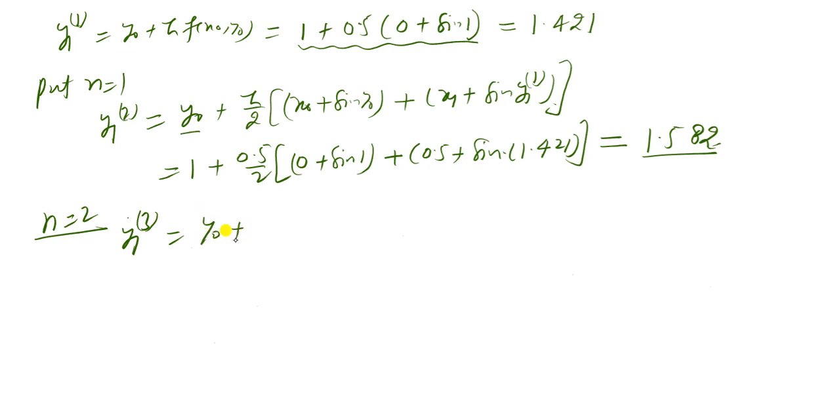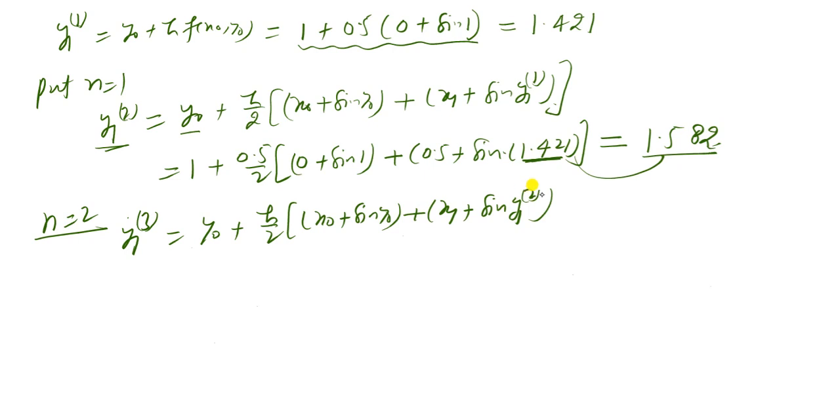naught plus h upon 2 x naught plus sin y naught plus x1 plus sin y12, that is, the value of the y12 is 1.582, that is this value here, this value replaced with this, so y12 replaced by y12, that is y12 is 1.582, so value of the y12 put here and simplify with the help of the calculator, that is put y